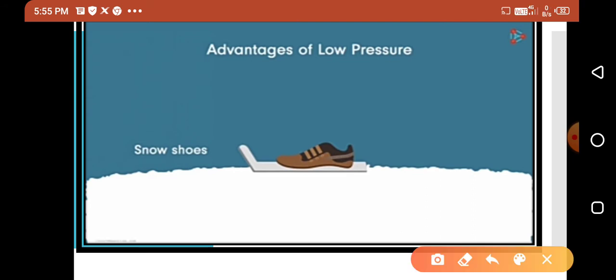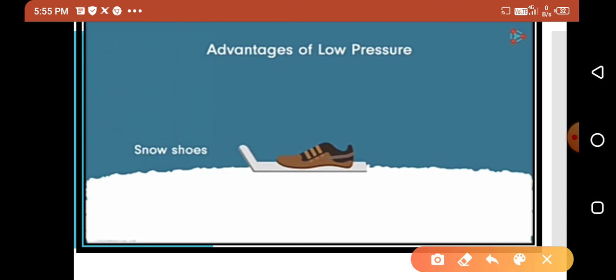See here, for sliding on the snow, we use a wooden plank, because the wooden plank has more area. When a man is standing on this wooden plank, the weight of the man acts over the contact area with the plank.